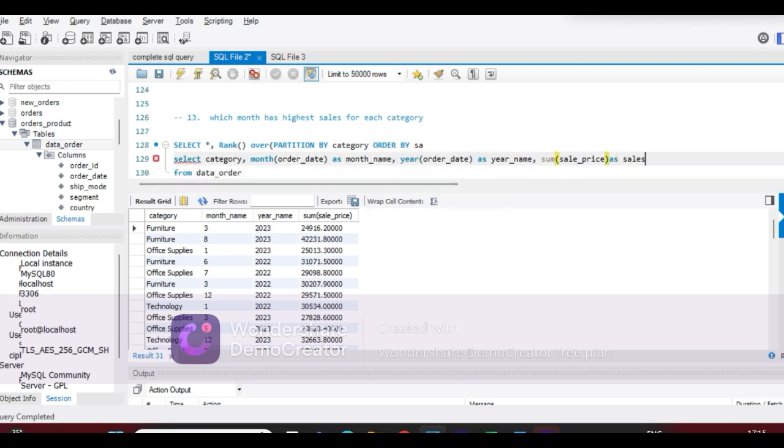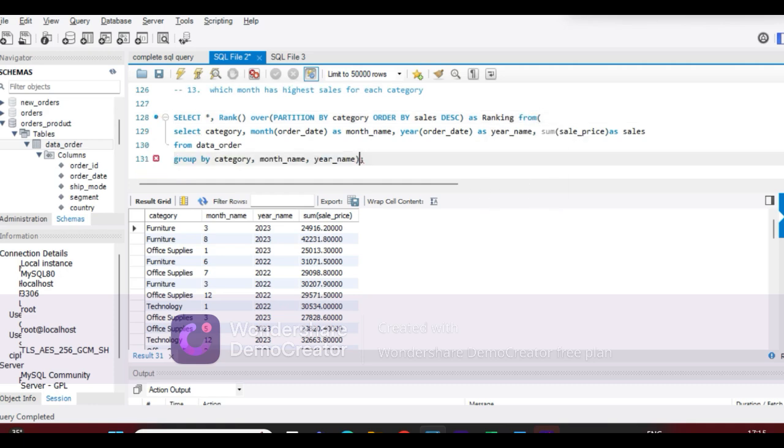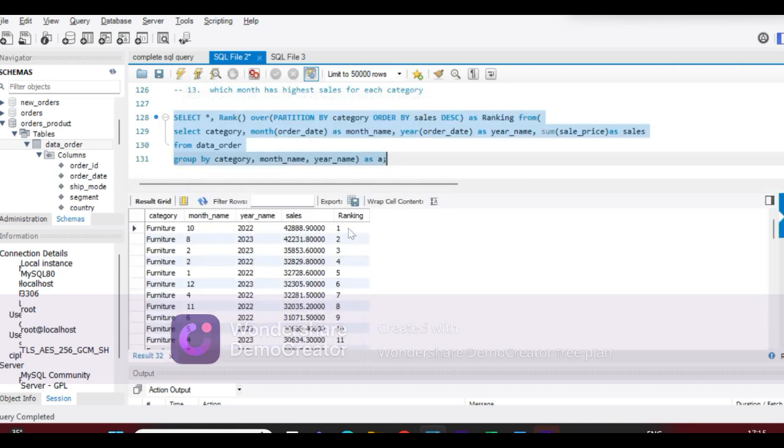Sales as sales, order by sales in descending order and give it an alias of ranking. From this as A. So let's see if we have successfully given it some ranks. Okay, so we have given some ranks,